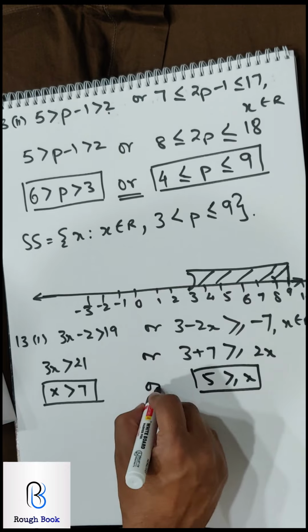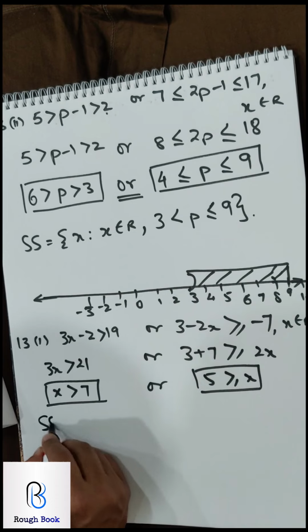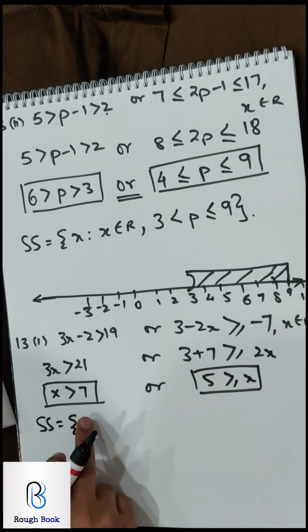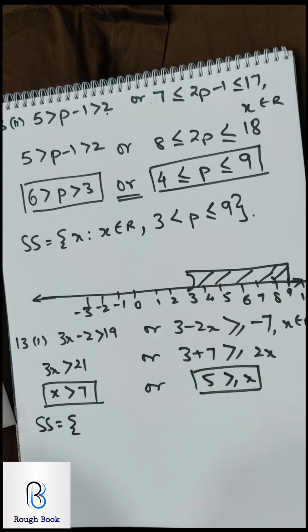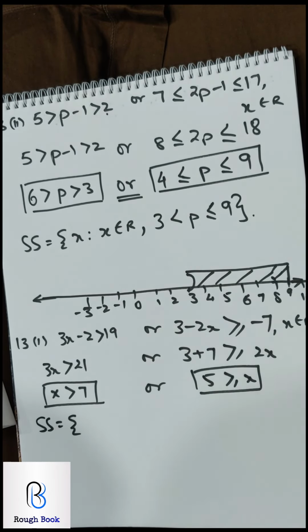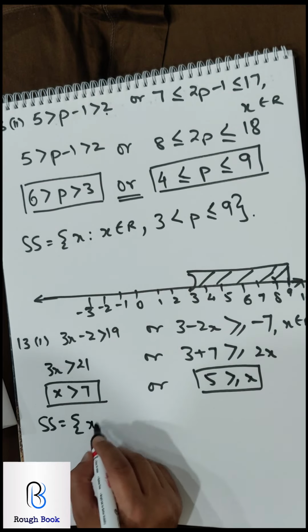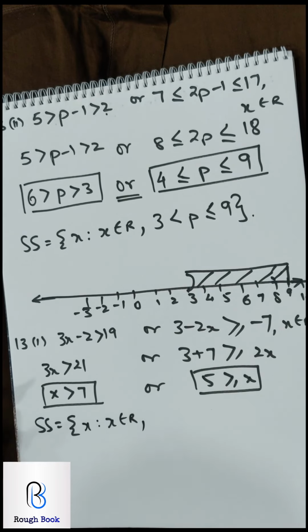Here also the word or is there very clearly. So we'll have to satisfy both the conditions. So how will I write my solution set? My solution set will be x is smaller than this and here x is bigger than this. So we'll have to think, they use the word or, so it can be either this or this. It should not satisfy both the conditions. So x, where x belongs to R, and now we'll have to think which side we are going to go. I'm giving you a minute, think how you are going to go about it, and then I'll come back.